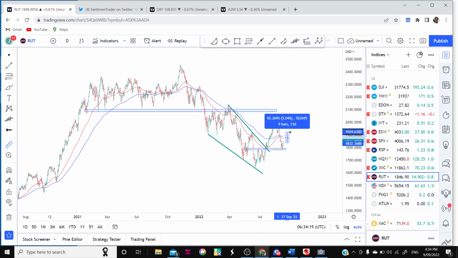The risk, well, I think the risk is quite contained at the moment. I'd be looking to exit if it broke down below this nearby support. Could have a tighter stop, 5 or so percent. So good upside potential with limited risk. So it's all part of my incrementally getting back into the market